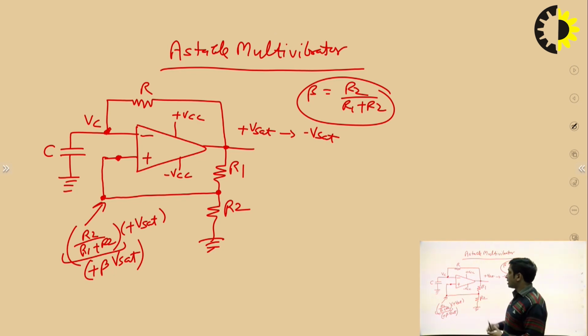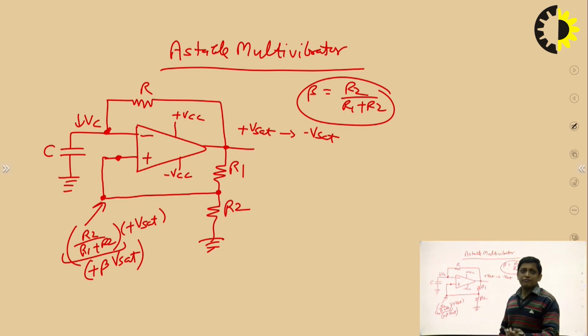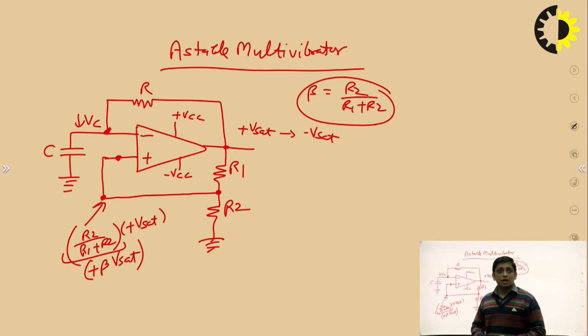When the output is at minus Vset, this capacitor C will start discharging with the help of resistor R. Discharging means Vc will decrease. Vc will decrease and decrease. And when Vc becomes lower than